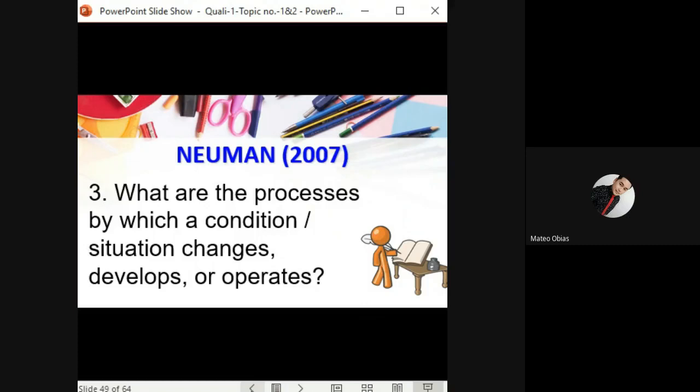Ano ngayon? Sa COVID-19. The causes. Okay? So, of course, COVID-19. Number one question is, what is COVID-19? Okay? How do humans get the virus? Okay? What are the causes of COVID-19? Okay? And what are the ways to prevent the virus to affect human health? So, yun lang yung mga questions mo na pwede doon sa COVID-19.